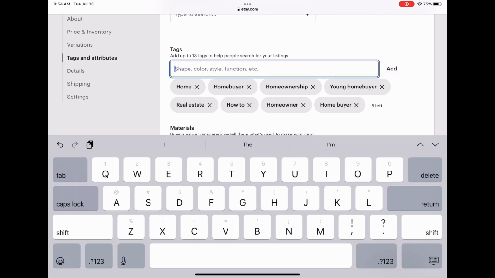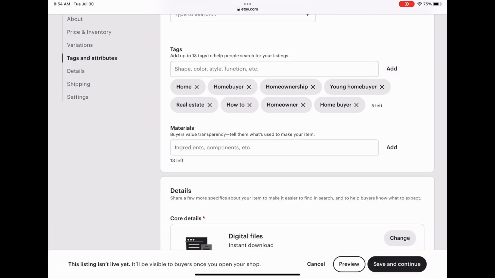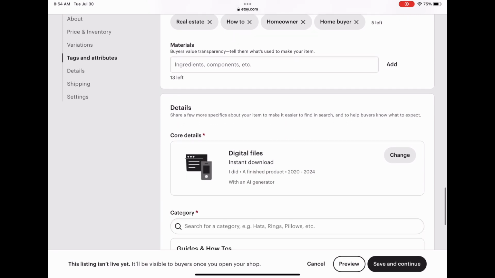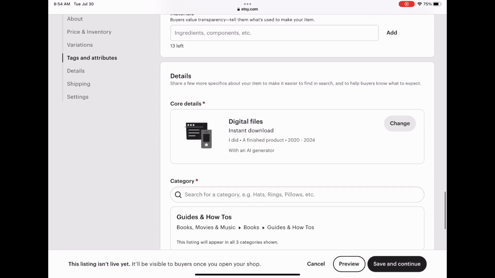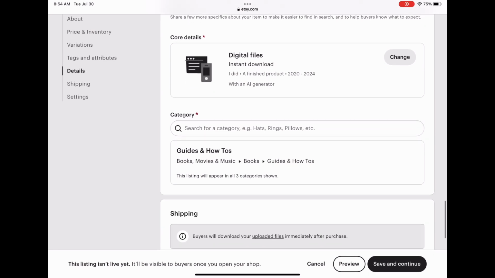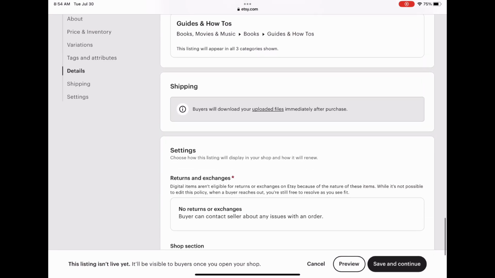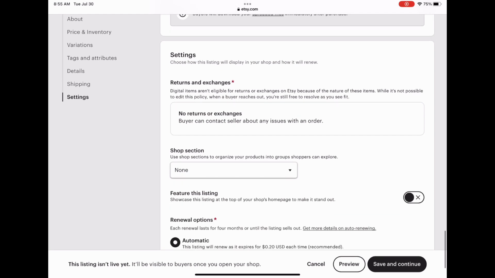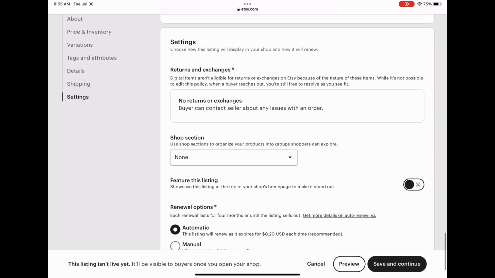So right here, I'm just scrolling through still to see if there's anything that I want to add. I can't think of any tags right now, so we're just gonna go down the list. Right here is gonna be important. So returns and exchanges. The one thing to know about digital items is that they cannot be returned, which is